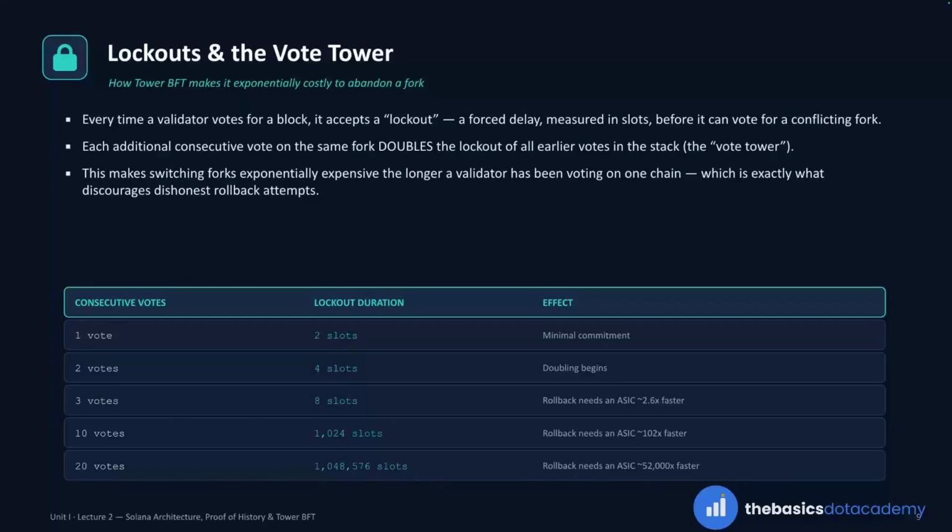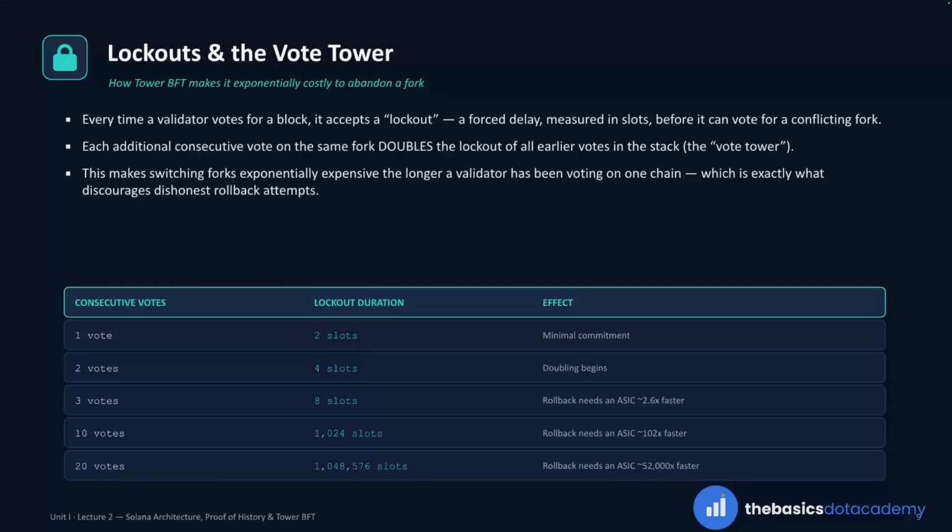So for the first vote, the lockout duration is 2 slots, which is 0.8 seconds. When the validator casts the second vote on that same fork, the lockout duration becomes 4 slots. After 3 votes, it becomes 8 slots, and after 20 votes, it becomes